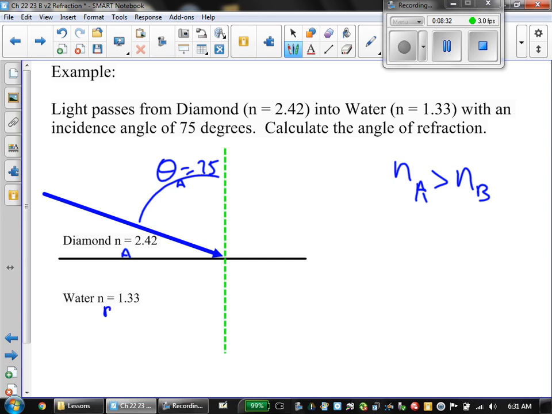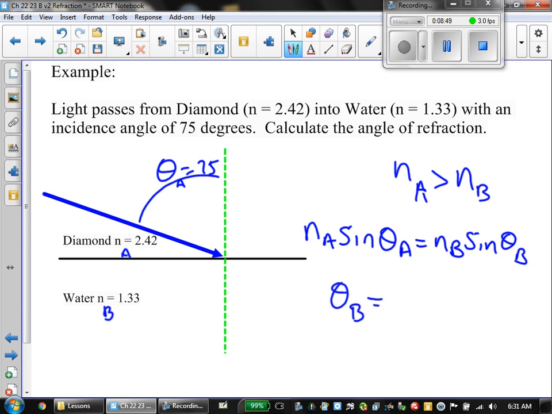And what happens, and you'll have to do this, but if you do the calculation using Snell's law, n sub A sine theta A equals n sub B sine theta B, and again, just make sure that you're in degree mode in your calculator. When you solve for theta B, you have to do the algebra and take the inverse sine of a big number, and you'll get an error message. That means that rather than light passing through and bending, in this case away from the normal, it doesn't actually do that. It reflects right off at the exact same angle, so it comes out at 75 degrees.